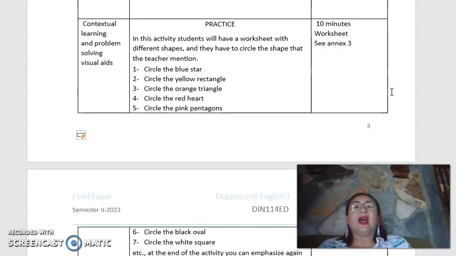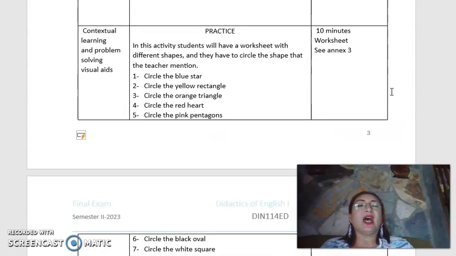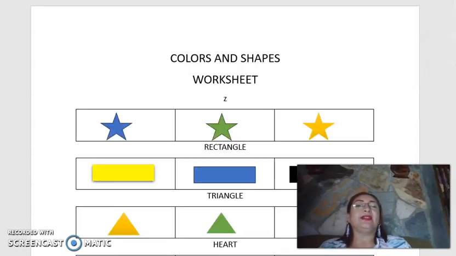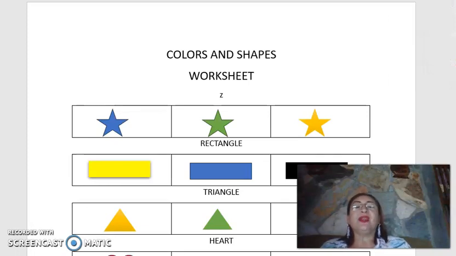Also, then we have the practice activity. For this activity, we're going to use the contextual learning that we have learned before. In this activity, we are going to use a worksheet, and the worksheet has some pictures related to the presentation topic. Students can use their tablet if they have one, and if not,